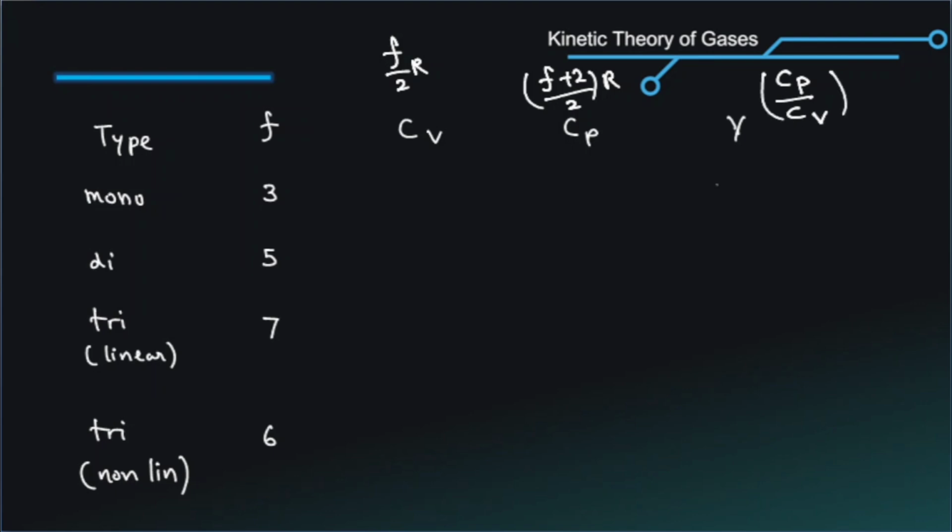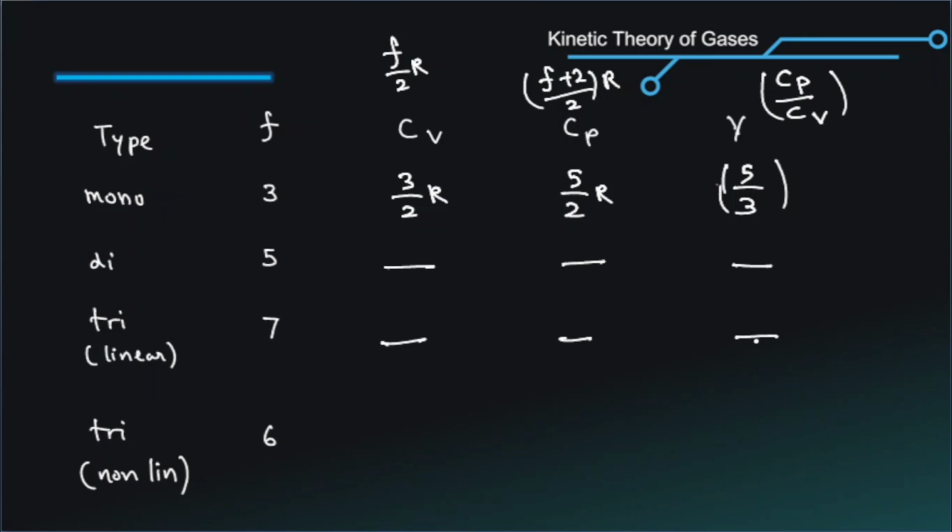We can discuss more about this later, but now your task, say Cv for monoatomic is 3 by 2 R, then Cp for the monoatomic system is 5 by 2 R, and gamma equals 5 by 3, or whatever value you can calculate, right? You can also put it in decimals, but I'd rather prefer to keep it in this format. Now again, your task is to fill all of these blanks for the diatomic and triatomic cases. All right,